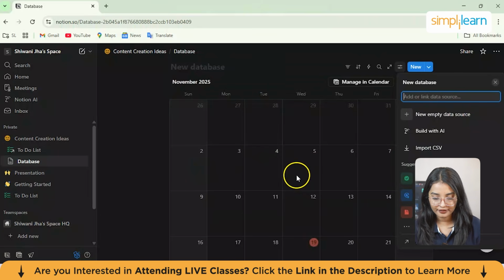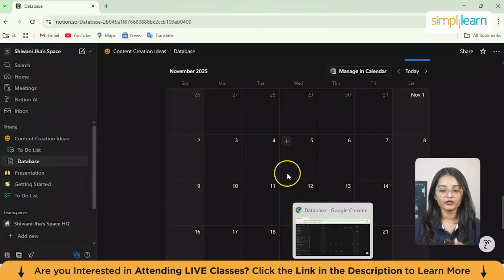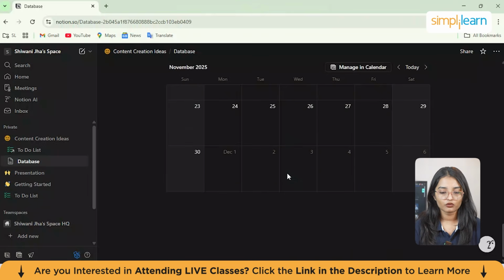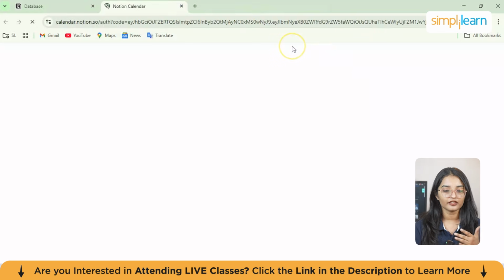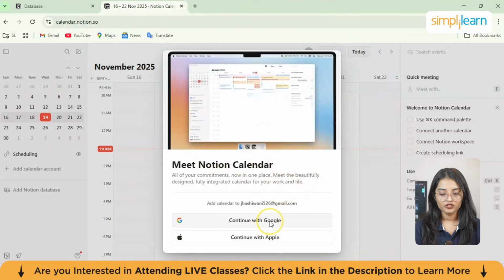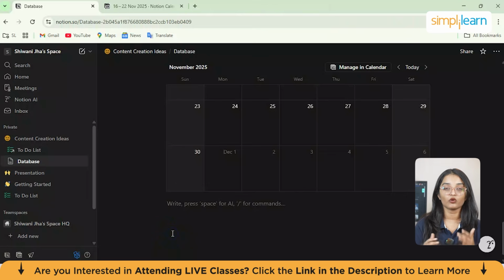So let's suppose I click on this calendar, and you can see from here, these dates are marked as red, right? It will take data from your existing page, which you have already created before. If you have added any deadlines for any project, you can just go through this calendar and this will be connected to your calendar. You need to connect it to your calendar app for this. So you see this option here, it says Meet Notion Calendar, and you can just continue with Google and add it to your Notion. And you'll also receive notifications if you connect it with your calendar app.